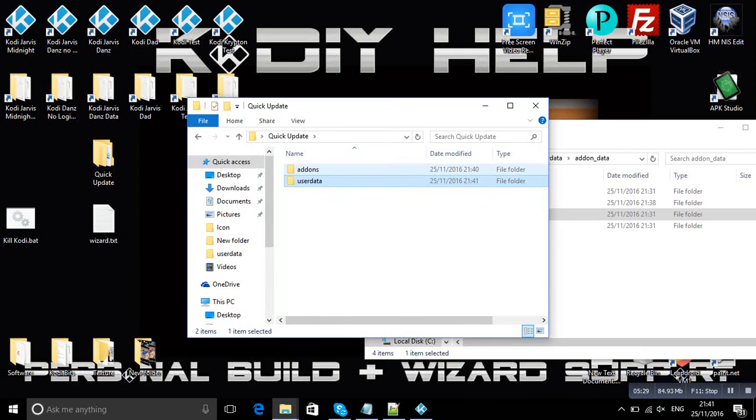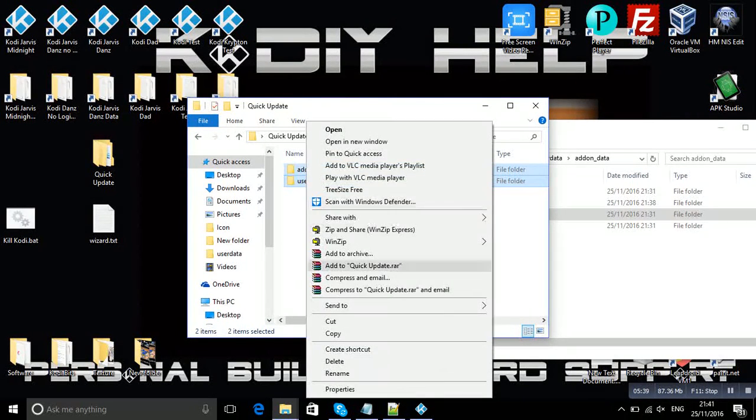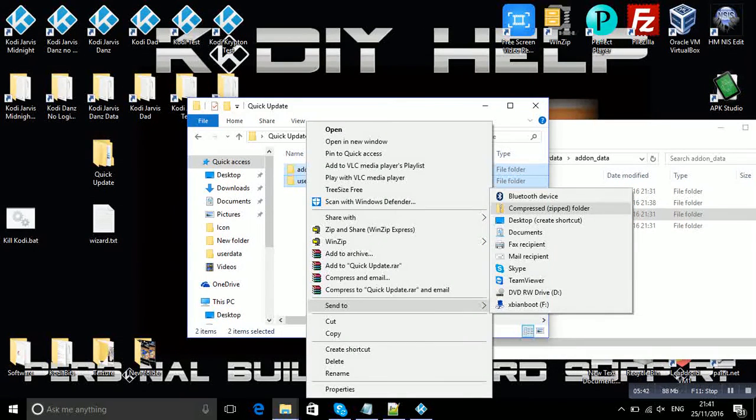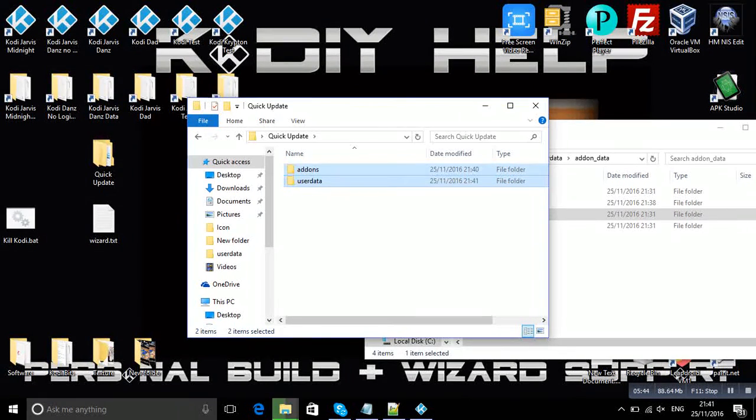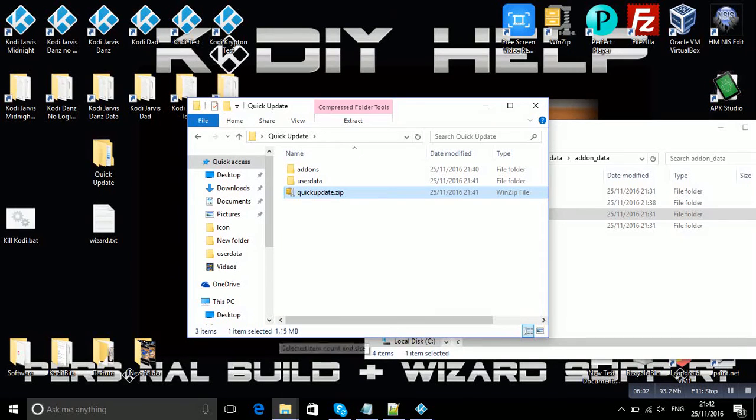You don't need to edit any XMLs because I used the special path. So if you haven't done it that method, then obviously make sure you edit your files before you upload it. So I'm going to right click and send to a compressed zip folder. Okay, and I'm going to call it quick update. Now what you would do is upload your quick update file, which as you can see here is only 1.1 meg in size. Upload that to your host or to archive,